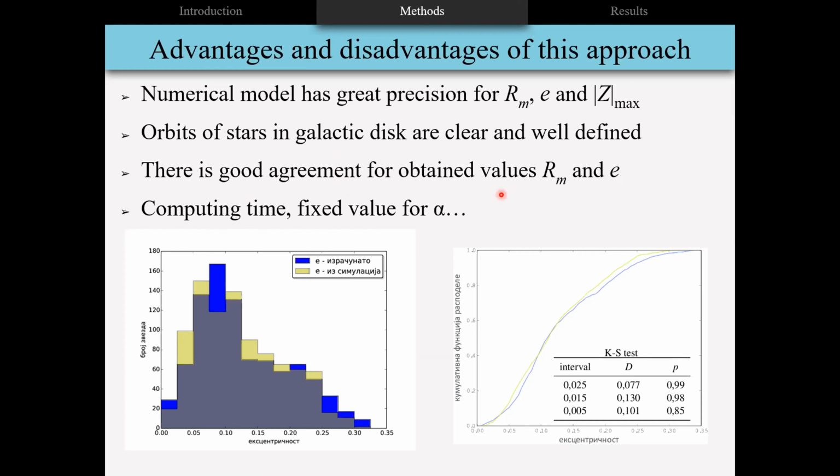This was, let's say, a motivation to do this kind of research, where we can calculate much faster orbital parameters for disk stars. And here it's presented. I'm sorry, this is in Serbian. These graphics are taken from my PhD. This is the KS test showing that the distributions of eccentricity are well